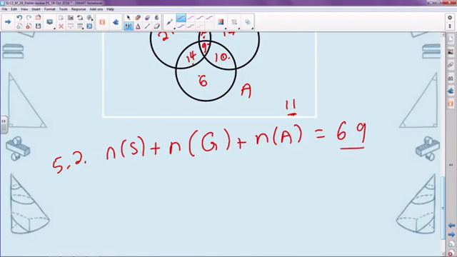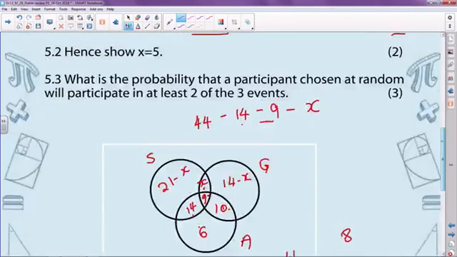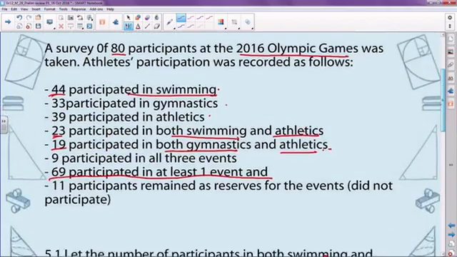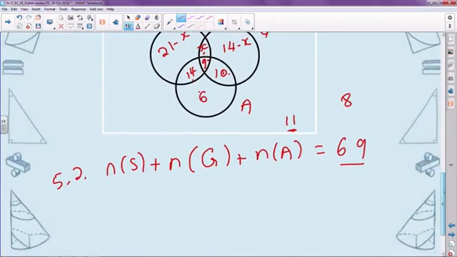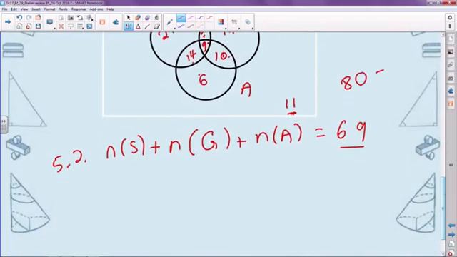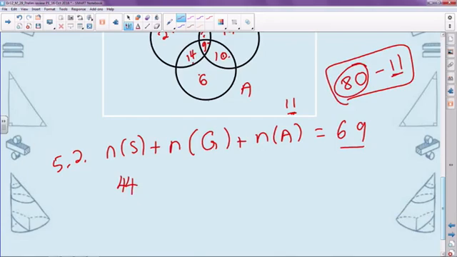You can also get 69 by saying the number of people who participated in one event, so that's fine. You can do it in that way, or you can say 80 minus 11, which is your total number of participants minus the number of people that did not compete. So we get 44, the number of people who competed in swimming, plus the number of people that competed in gymnastics, which I'm going to leave as 14 minus x, plus the number of people who competed in athletics, we knew were